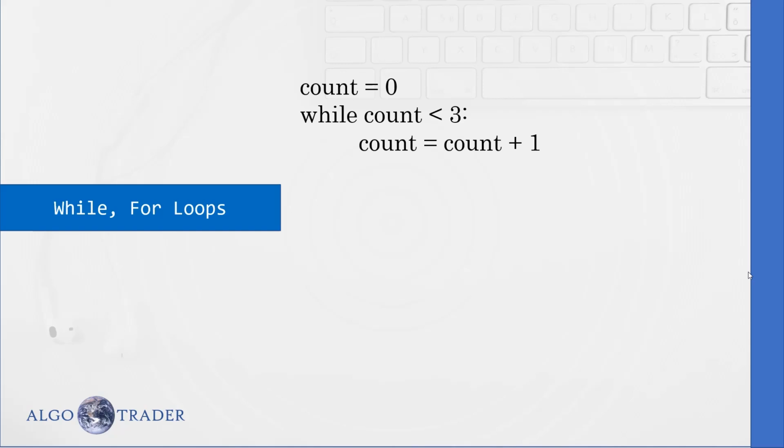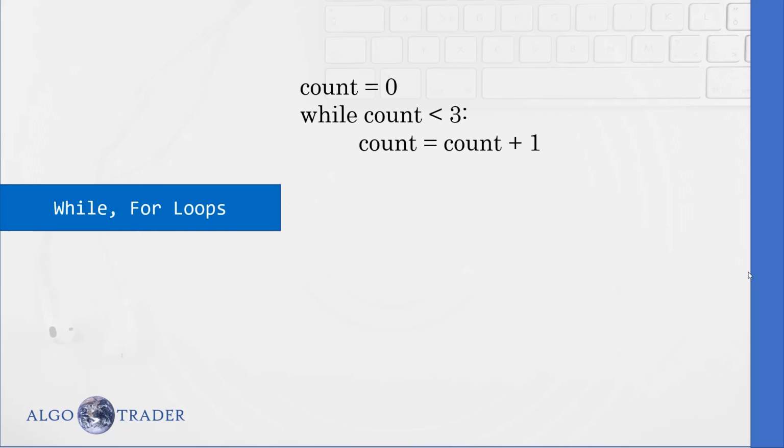Once it is executed the first time, initially the count is 0, right? Count equals 0 plus 1. It will become 1. It will go again to the while condition. Now it checks whether count is less than 3 or not. Yes, its value is 1, and 1 is less than 3, so it will go inside the while loop again. It will increment: count equals 1 plus 1. This time count will become 2. Now it will check the while condition again: 2 less than 3? Yes, condition satisfied. Again go inside the while loop. Now count equals 2 plus 1.